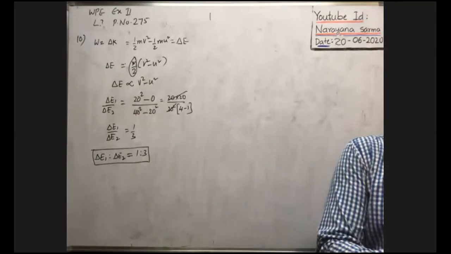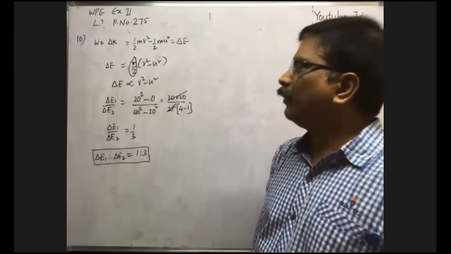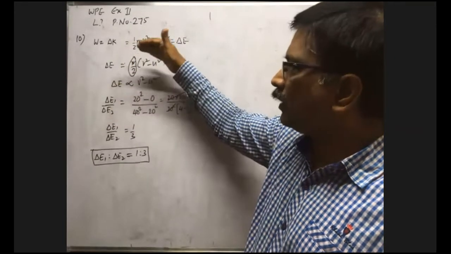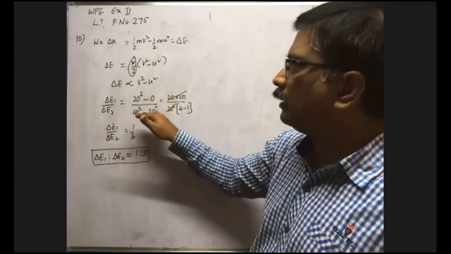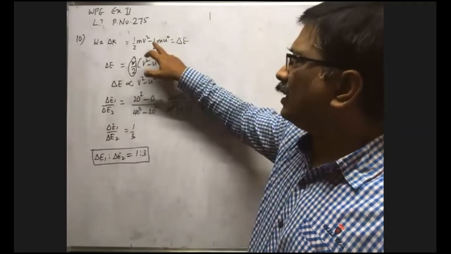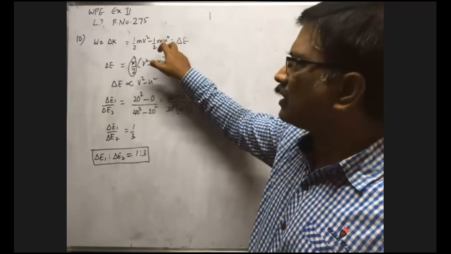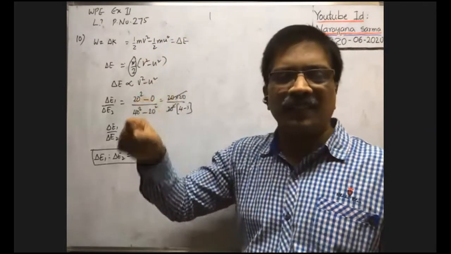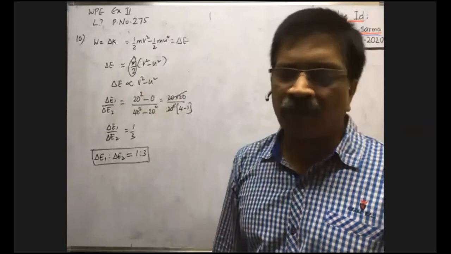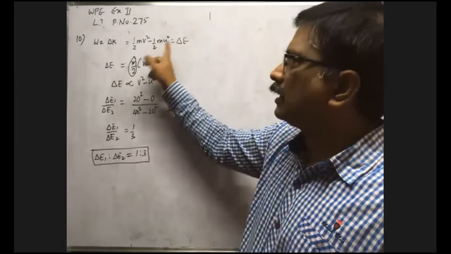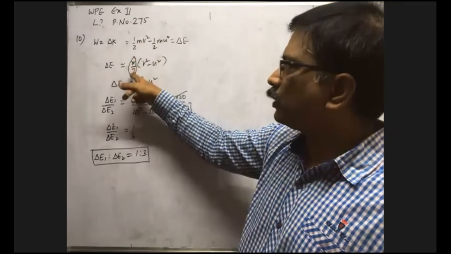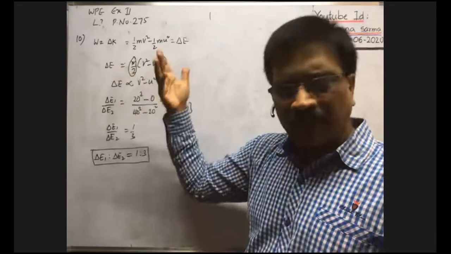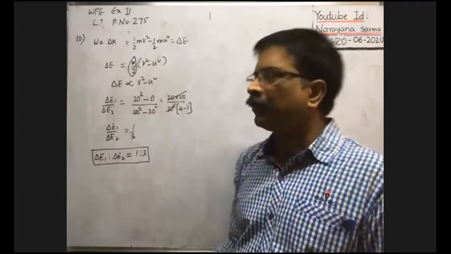Here, what is the ratio between the energy required to accelerate the car from rest to a velocity 20 meter per second, and the energy required to accelerate the car from 20 to 40 meter per second, they asked it. Whenever the car is accelerated from rest to final velocity V, then the change in kinetic energy, or gain in kinetic energy, is the energy given to the car. That is the energy required. That's why energy required is equal to change in kinetic energy. Here in these two terms, you take m by 2 common, then delta E is equal to m by 2 into V square minus U square. As m by 2 is the same, constant in both the cases, for the same car.